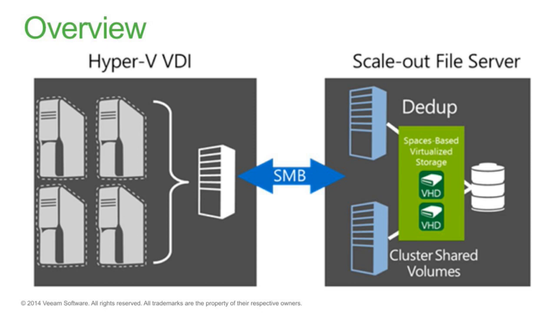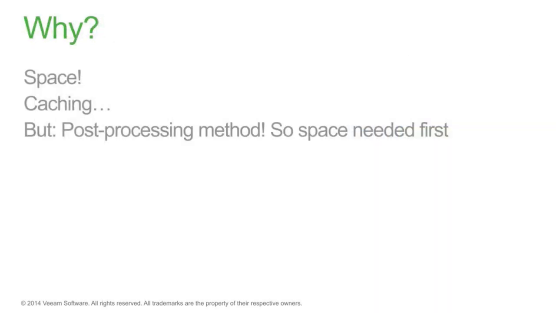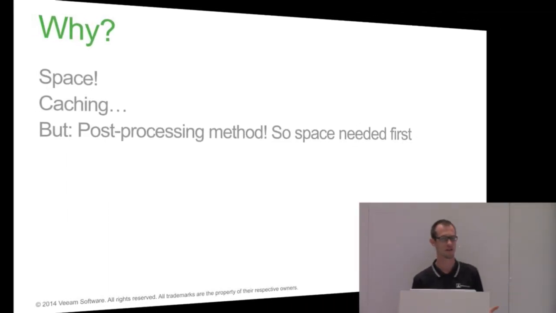Quickly about VDI, very important. If you're running Hyper-V VDI and you're running it on a scale-out file server on an SMB CSV, then deduplication is supported. So imagine that you got 100 virtual machines running Windows 7 or 8 or 8.1 or even maybe 10 already for that matter. You can run it together with deduplication and save space. Why would you do it? Well, space, of course, to start with, because imagine all of these operating systems running on your storage. It's costing a lot